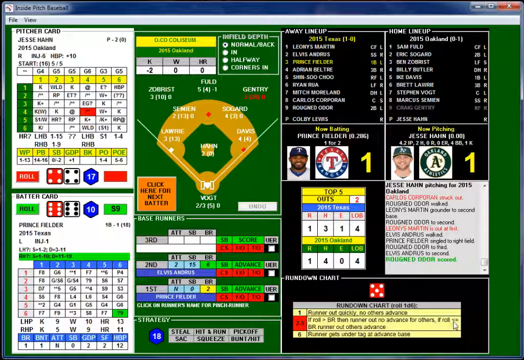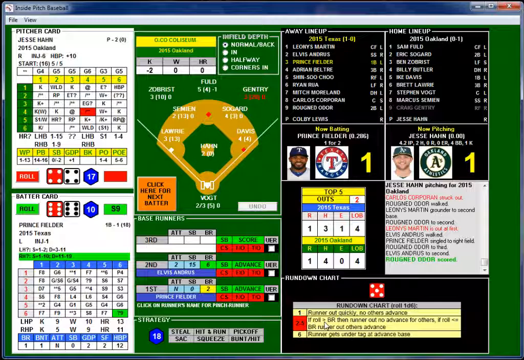If roll is less than or equal to base runner, out, others advance. Okay, so I believe what happens, he gets in the rundown, and they finally get him out at third, and while they're doing this, sneaky little Prince Fielder looks like he's going to come in and get to second base.